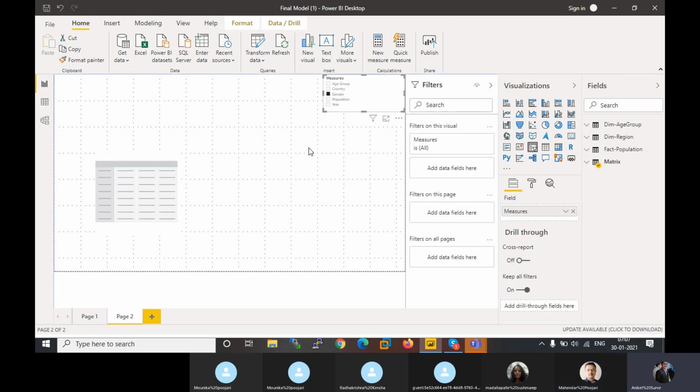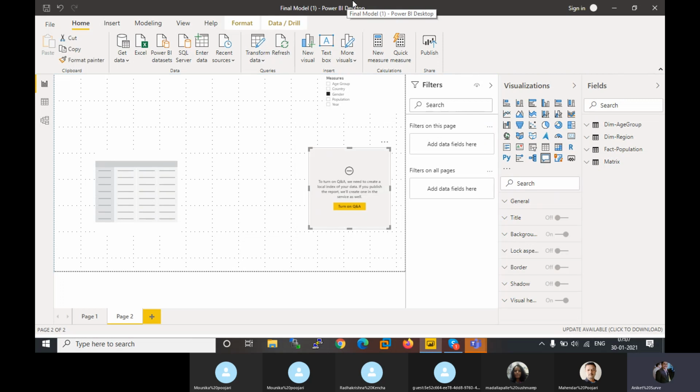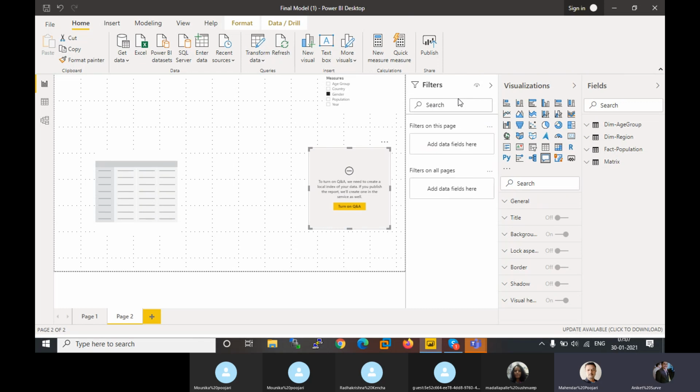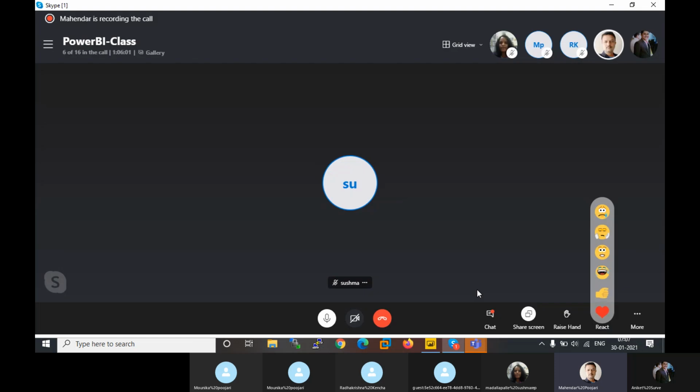I just thought that things that are easily possible in QlikView should be possible here too. In QlikView, you can create columns, and when you select the columns, it gives a view as a table. We are migrating basically from QlikView to Power BI, so I am also learning QlikView.